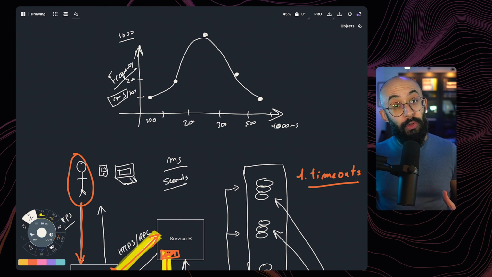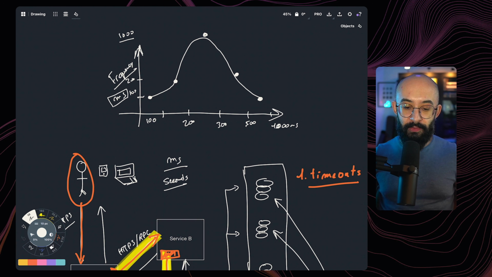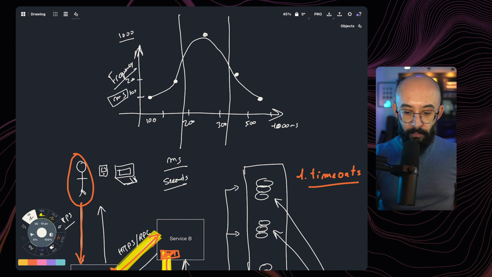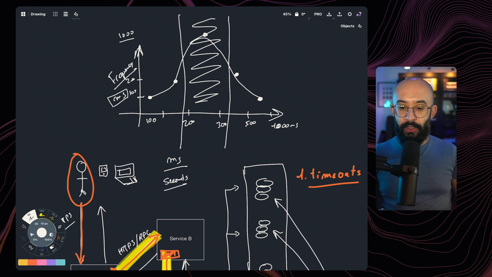This is a good curve to have. This represents sort of the bell curve. This is sort of a normal distribution, and something that I would expect to see when dealing with a scenario like this one. Why? Because that means that the majority of the calls that we are making are sitting within this particular time range. So the majority of the calls are between 200 and 300 milliseconds.